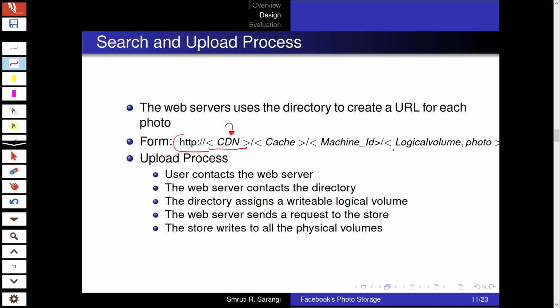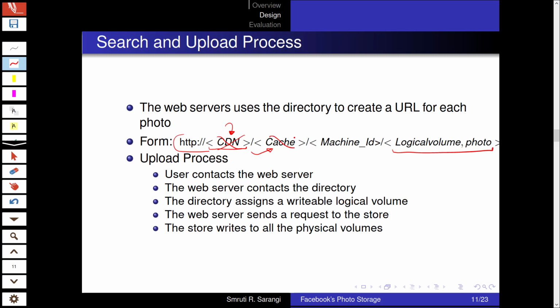So what is being sent? Well, the logical volume and photo is being sent such that the CDN gets the first chance. However, if the CDN does not have it, then automatically it is sent to the cache. The CDN sends it to the haystack cache. If the cache has the logical volume photo tuple, it will return that to the user.